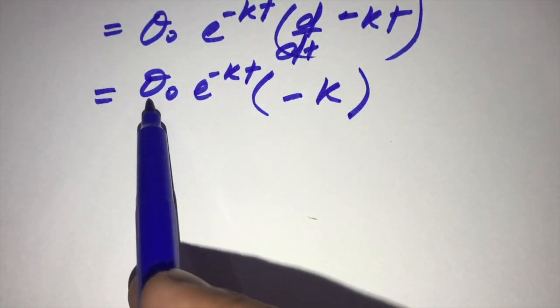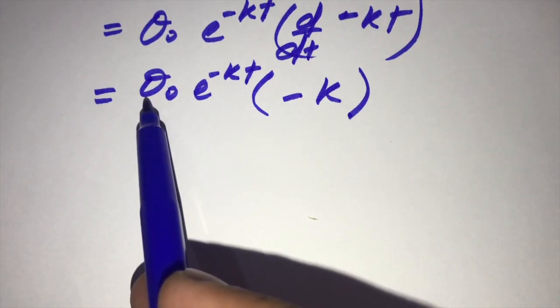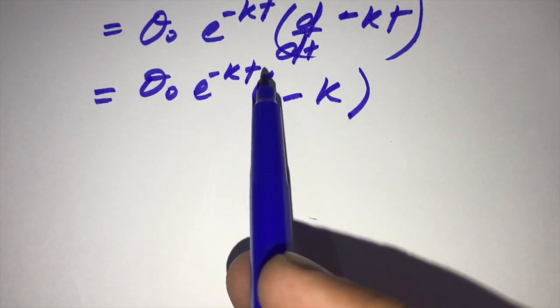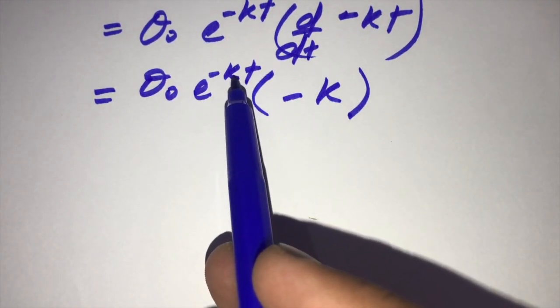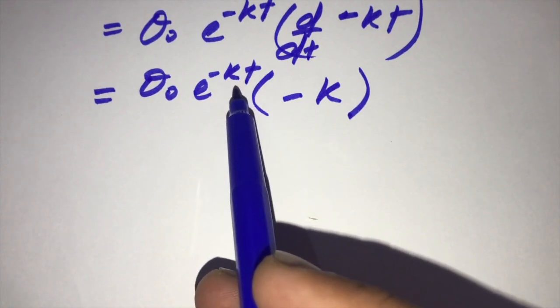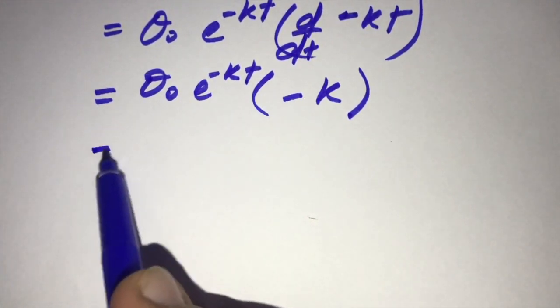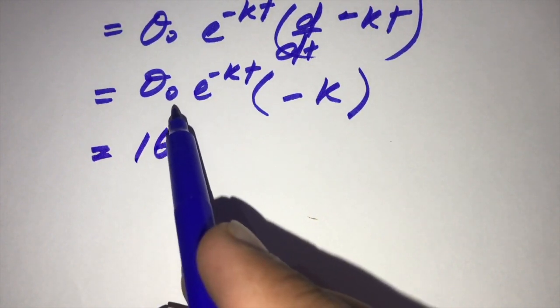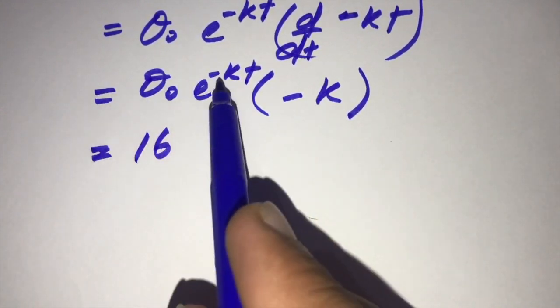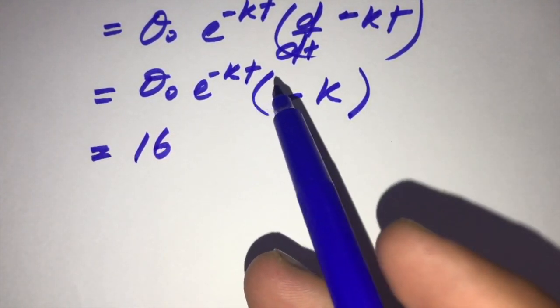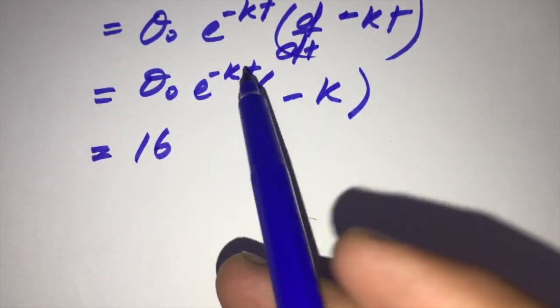Okay, as we have been given the values of theta naught and k, theta naught is equal to 16 and k is equal to minus 0.03. So put these values in this equation. 16, this is in degrees Celsius, and as k is constant and time is in seconds,